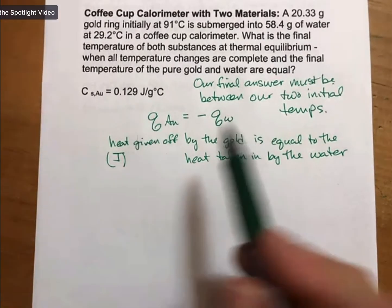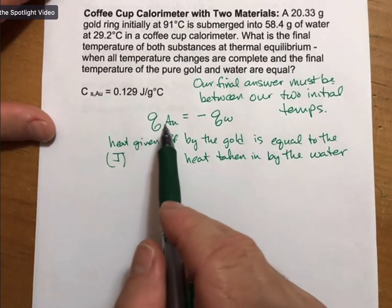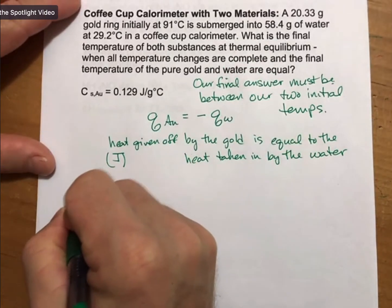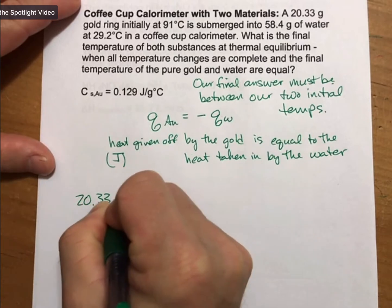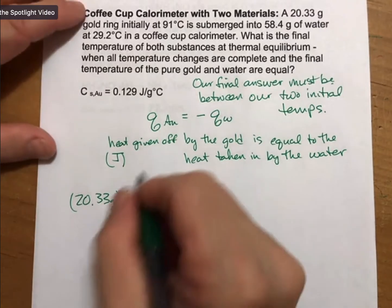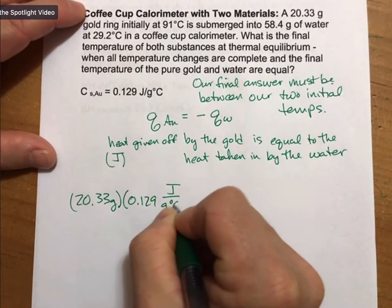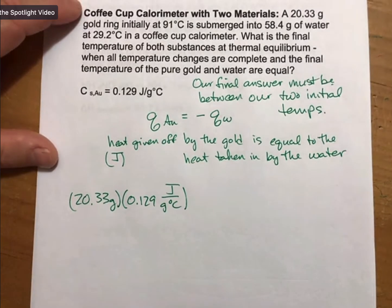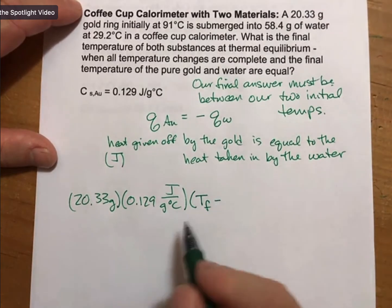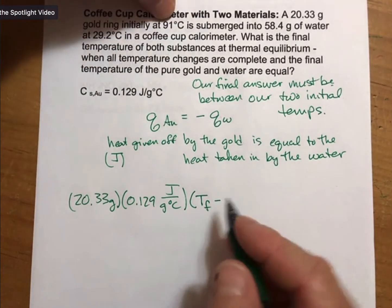Okay, so now we can plug in our numbers. I'm just going to assume that since you've seen the lecture outline, you know how to do this. It's mass of one material, which for the gold will be 20.33 grams, times specific heat of the gold. So this is going to be the gold side, 0.129 joules per gram degree Celsius, times the temperature change, which is going to be T final, and T final is our unknown here, T final minus T initial,